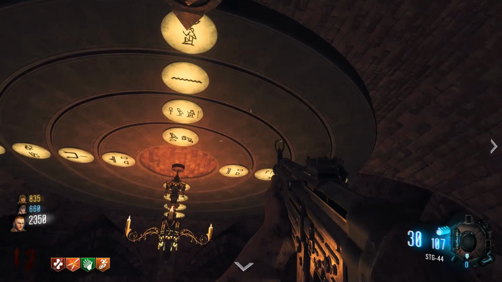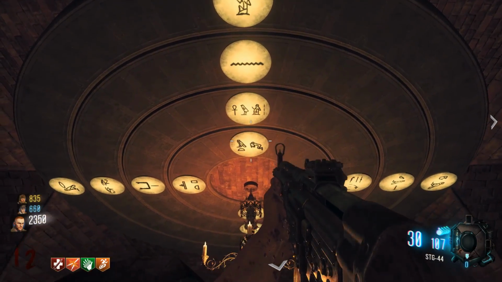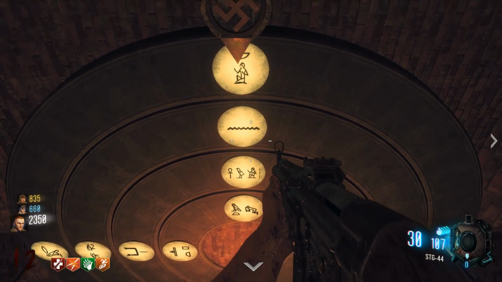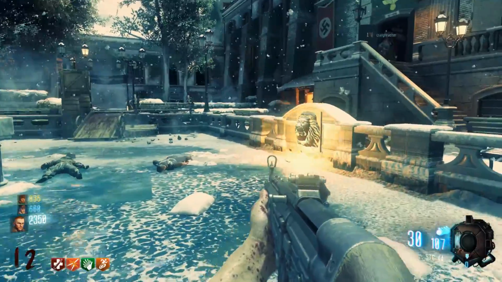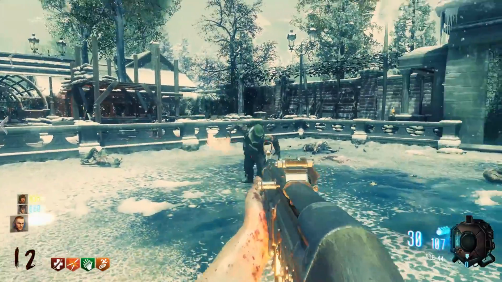You picked up the fuse in the coffin. I'll show it again here one more time. Match these symbols just like this from top to bottom for where the arrow is. And then it'll pop the fuse out there. So you put the fuses